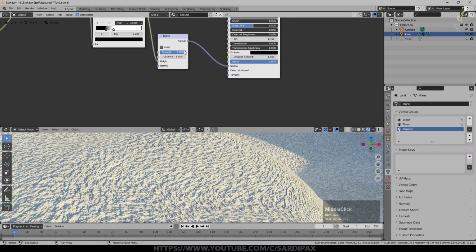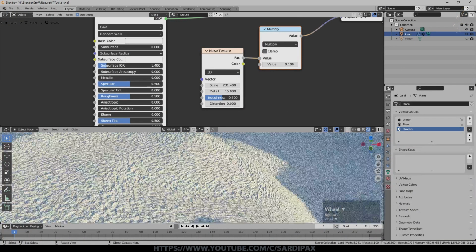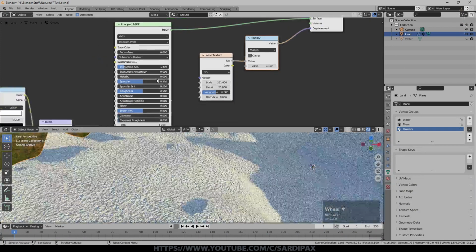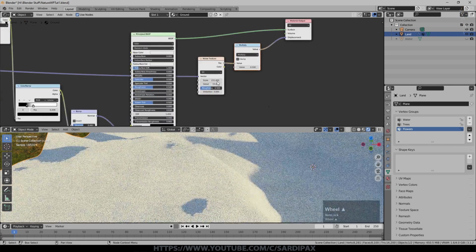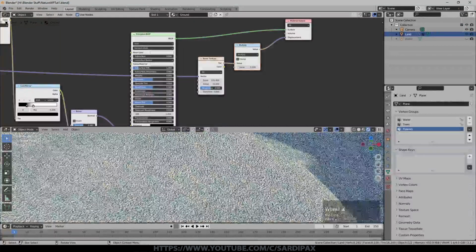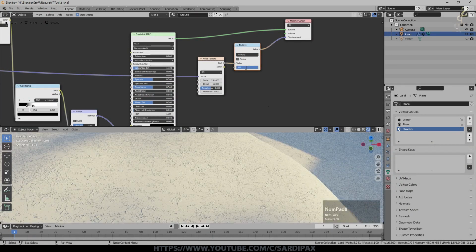Now I think the bump is a bit high at the moment, and certainly that noise is very high. Turn the detail up as well. And if we don't want this sort of swirling around the lumps and bumps in the landscape, we may also want to just take the UV mapping into the vector input of the noise. Now you can see it looks a lot more reasonable. I'll go with 0.025, maybe even less than that, 0.01, maybe 0.0025.